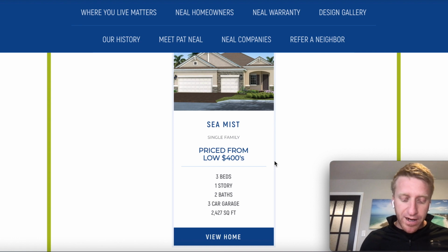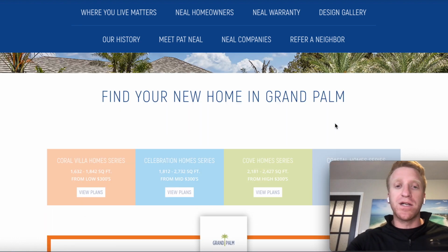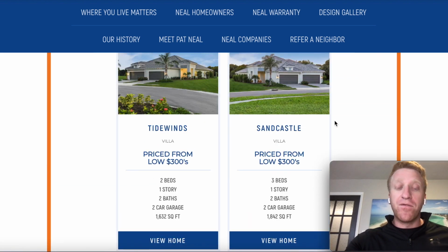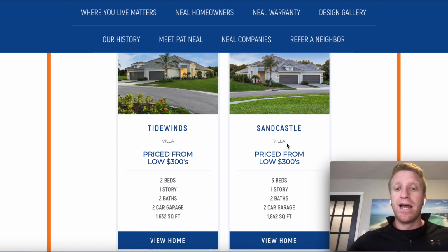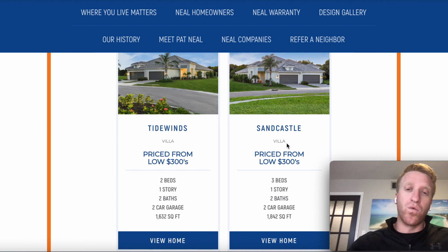So Windward, some differences here, is Windward has the Coral collection as well, which the Coral is the villas. Now Windward, surprisingly, the villas on the Windward start at a lower price. So you can actually get in the upper 200s on the villa. So the villa buy for Neal might be best at Windward. And I know I had a gentleman priced out, this was 3 months ago, with an extended back lanai and a couple other options. And he was sitting all in at like $285 with lot. So interesting there. So if you're going to do a villa, then maybe you look at Windward as a priority,